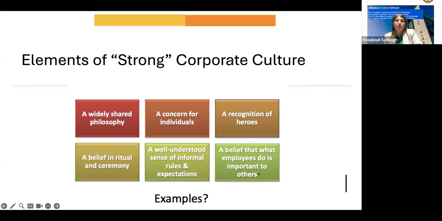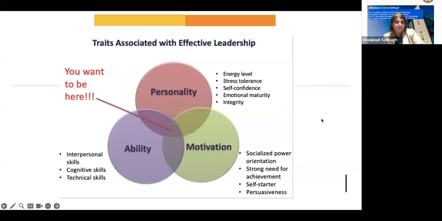And a belief that what employees do is important. And this is another thing. If people feel that, remember the girl with the data entry, the same job for 6 years, this person must 100% feel it. I'm not getting the feeling that I am important to this organization, that I can do something more than just entering data, for example, right? So these are all things that give a strong corporate culture. And like I said, corporate culture is related to